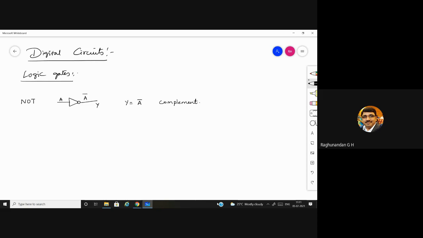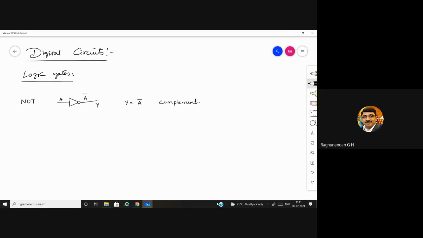But all of the others are having multiple inputs. You can use any number of inputs. If you are taking OR gate, you can have n number of inputs, but the output will be one only. For all gates, the common feature is that the output is one. Except NOT gate, for the other gates, you can have any number of inputs. But the NOT gate is a single input and single output gate.